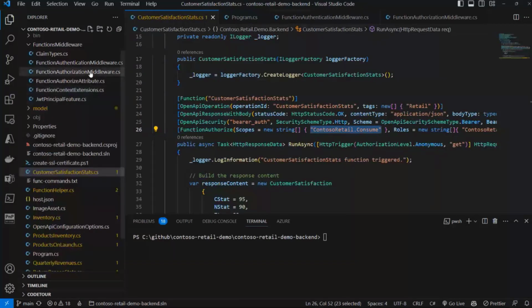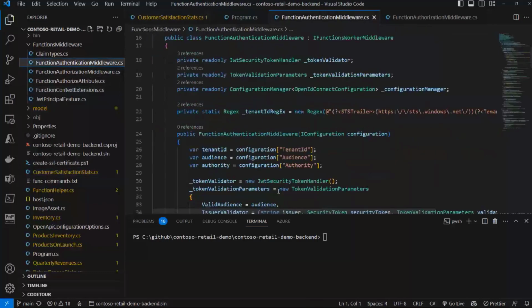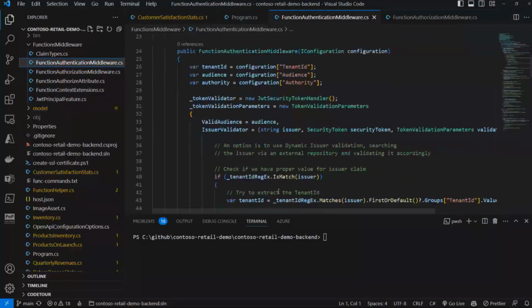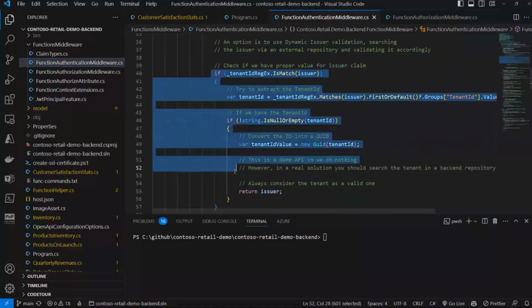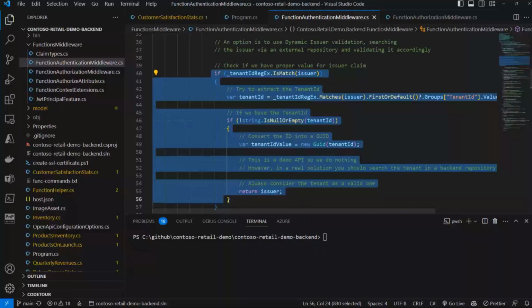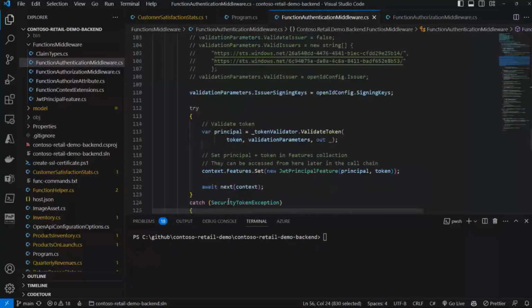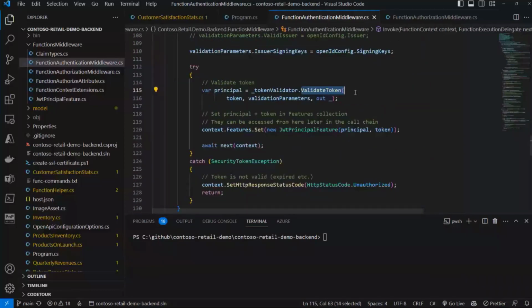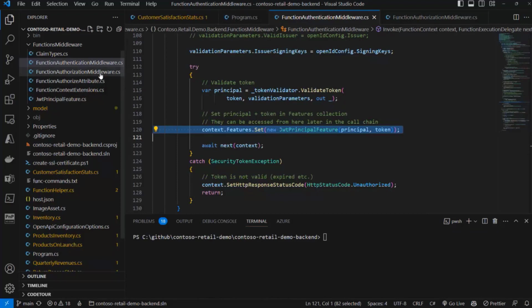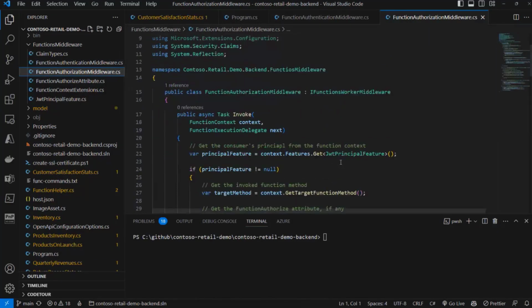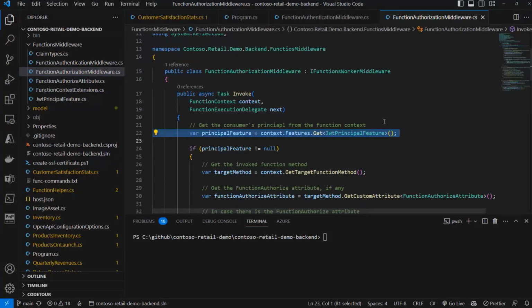And as such, very briefly, in the authentication one, we use a token validator, which will validate the target tenant of the token that we receive. And if that is a good token, we can then simply store, let me scroll right here, after we have validated the token, we can simply store the token in the context of the Azure function, so that when we are in the authorization middleware, we can get that token from the context.